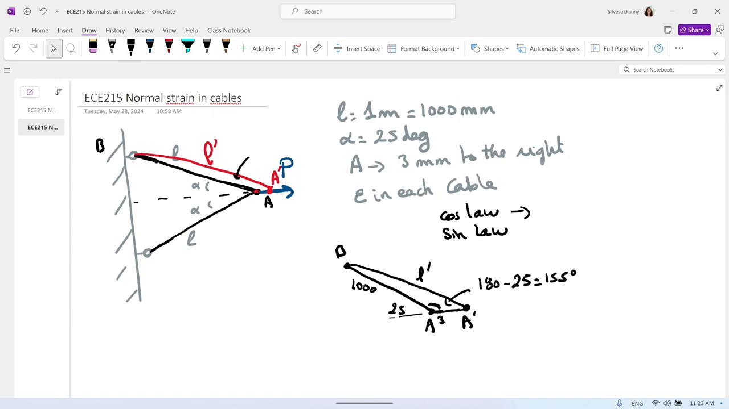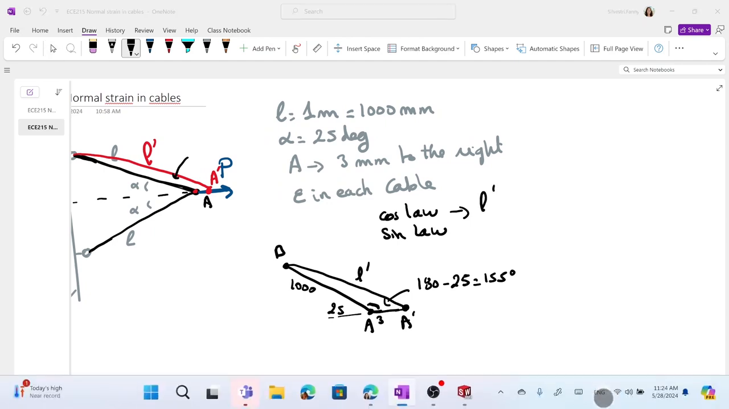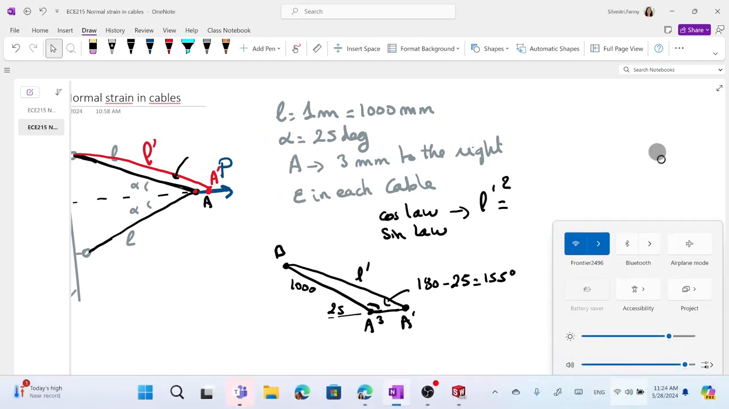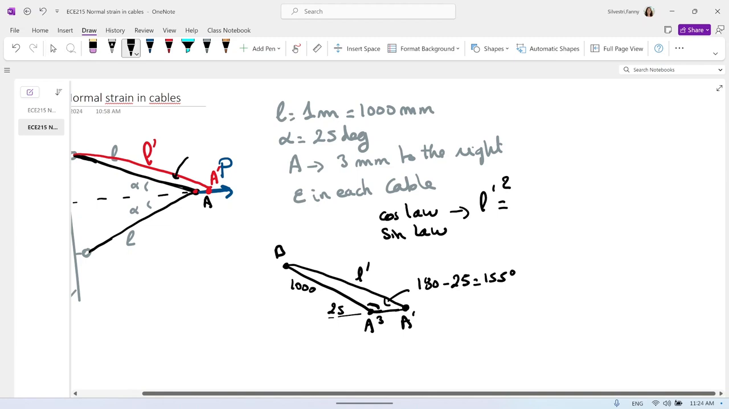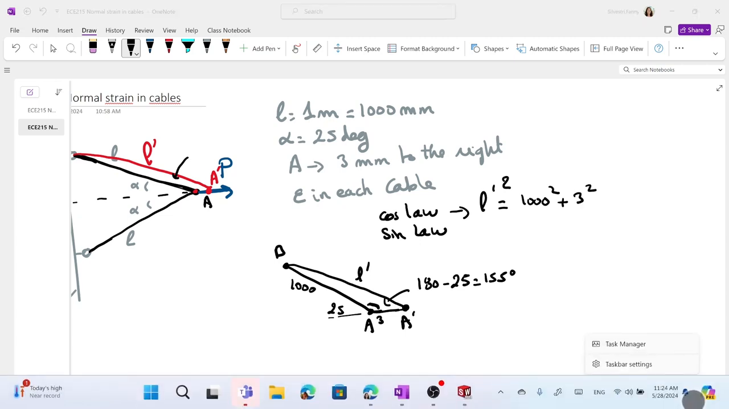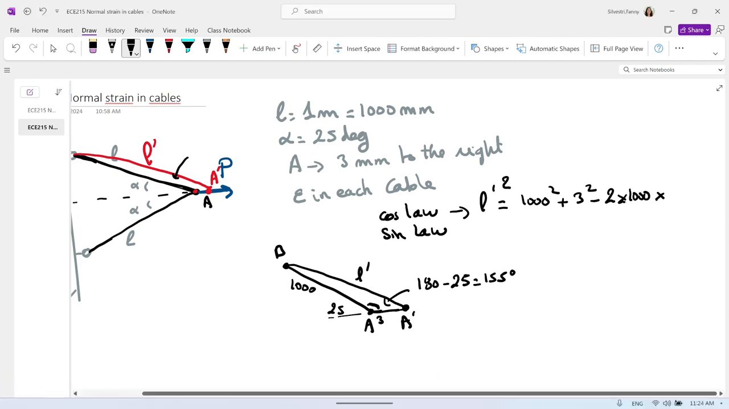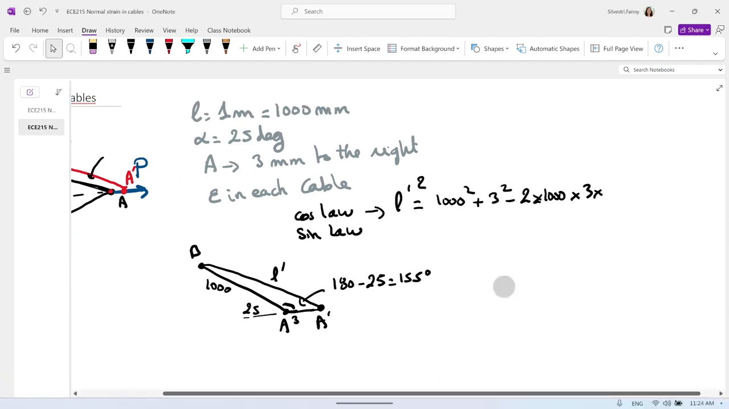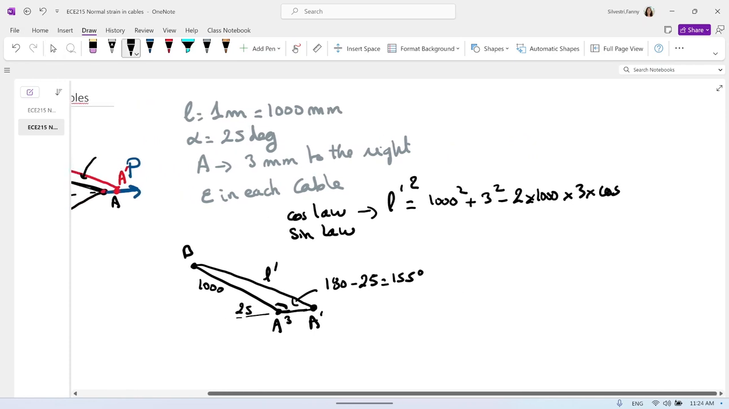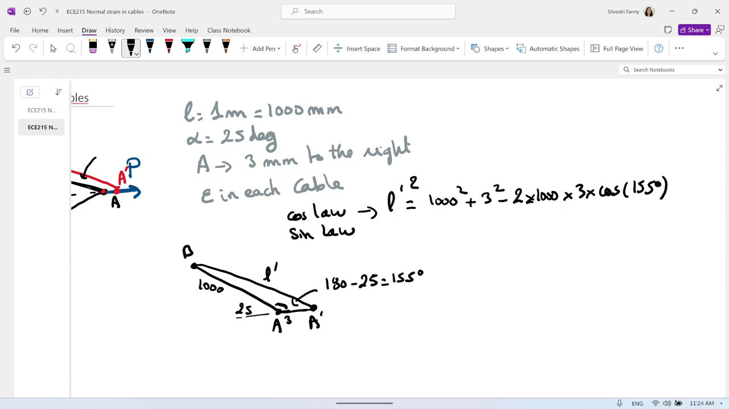So we will use the cosine law to find L prime. We will have L prime squared equal the dimension of L, so 1000 squared, plus the other dimension squared, minus 2 times 1000 times 3 times the cosine of the opposite angle, so times cosine 155 degrees. If you use degrees, have your calculator in degrees, and don't forget to take the square root after, because you have the square there. So when you get that, you get L prime equal 1000,